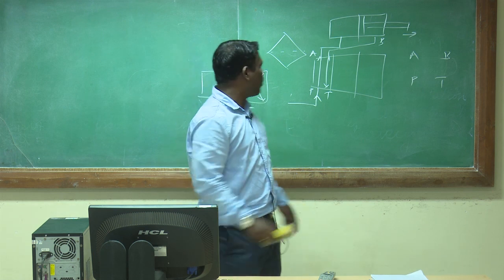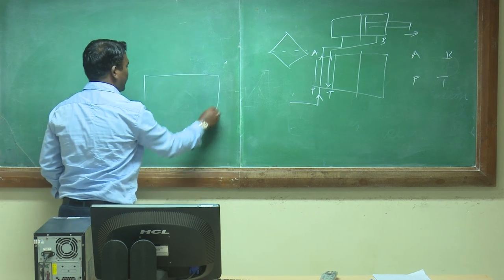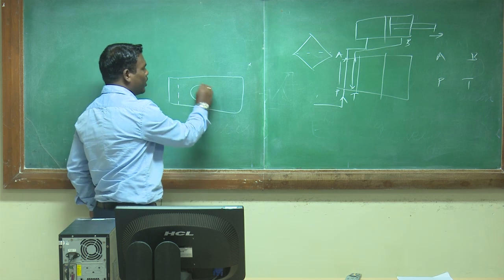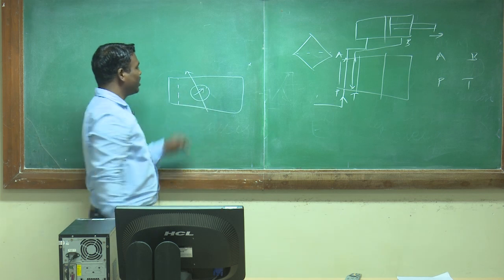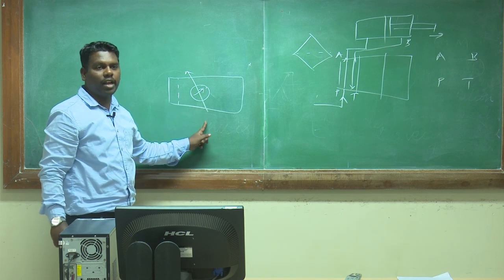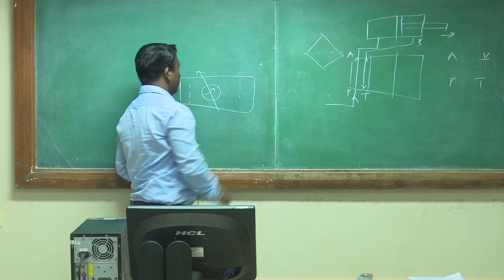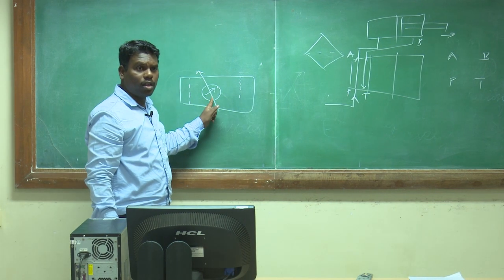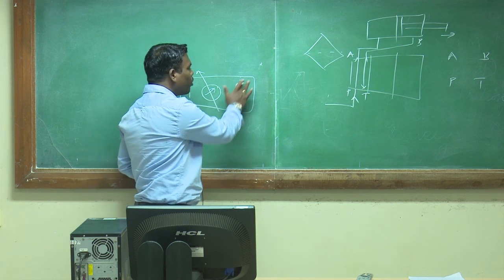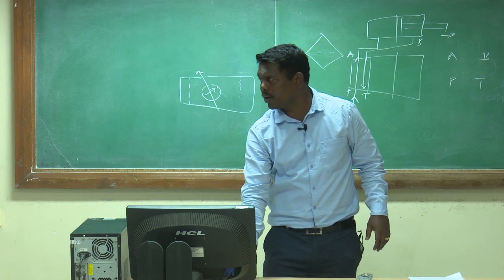This is the FRL unit. This is the specified symbol and the detailed symbol. The specified symbol is the simple one. Here this is for the filter, dotted line is there. For the regulator, a circle is there and this line is there. This line is nothing but we can regulate. If the line is not there, we can't regulate that, means we provide a constant flow. And for the filter, this one is the regulator and this one is the lubricator. The lubricator is only a somewhat dotted line, only half part is there. Okay.